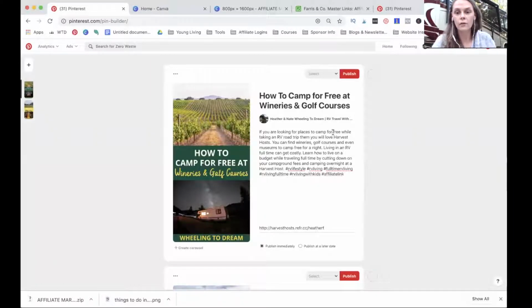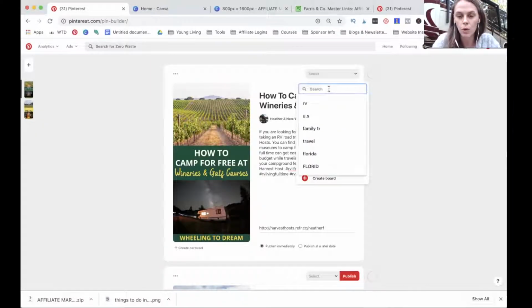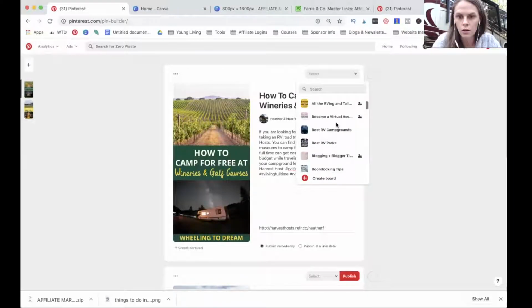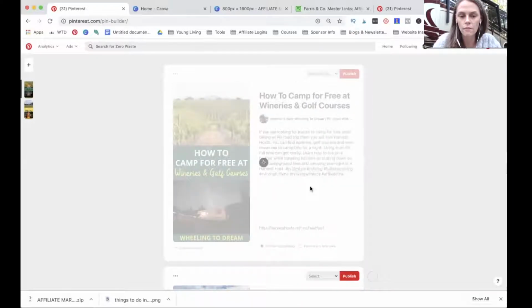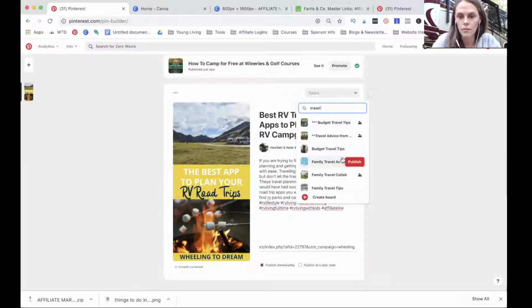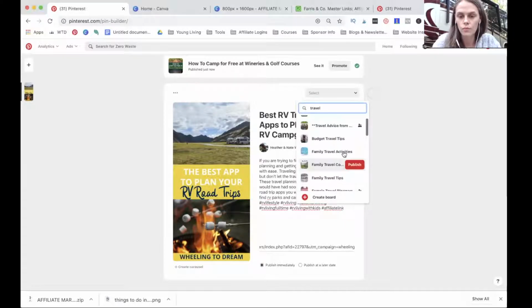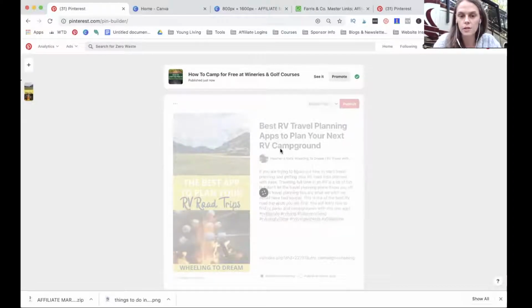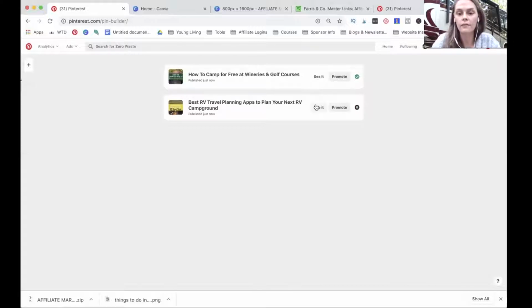So what you're gonna do now is actually pin this to the most appropriate board that you have first. So it's going to probably be like travel planning. Actually, boondocking would be better. Boondocking tips for this one, and travel planning for the next one. I don't know if I actually own that one, so let's do budget travel tips. Publish,